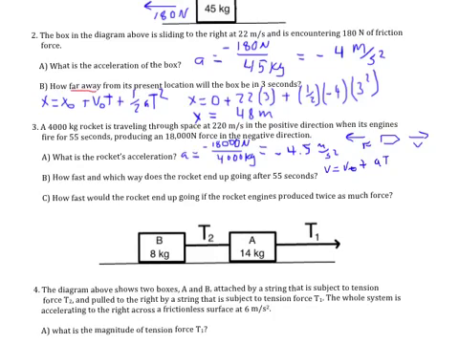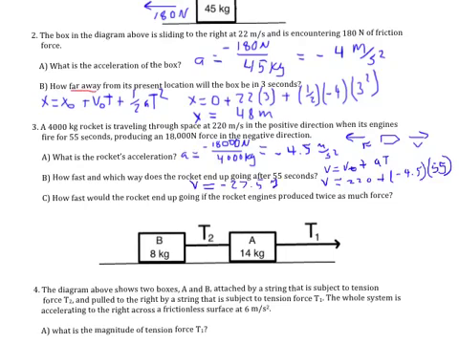So my final velocity I'm looking for, my initial velocity was positive 220 plus negative 4.5 meters per second squared times a time of 55. And that's going to give me the final velocity. And when I solve for that final velocity, what I'm going to find is my final velocity, in this case, is going to be negative